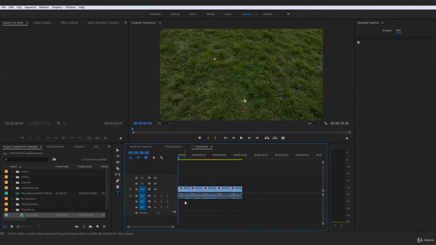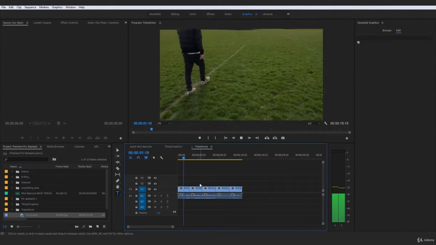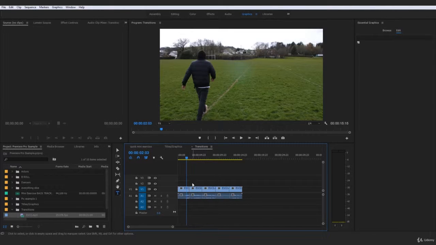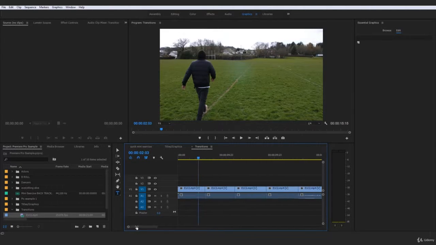We can actually add transitions not only to the beginning, but I'm going to show you guys how to add transitions to the middle of these guys as well, which is pretty much the exact same procedure as adding those transitions to the beginning. So now that we've actually created this nice section here, which is 5 individual clips, even though they are all taken from the exact same sequence,